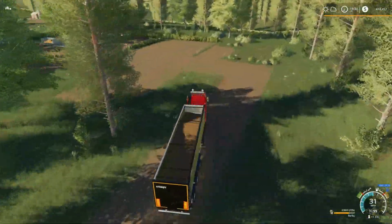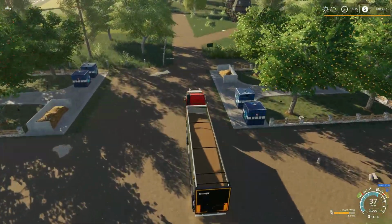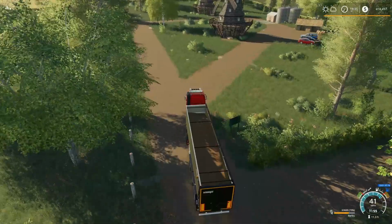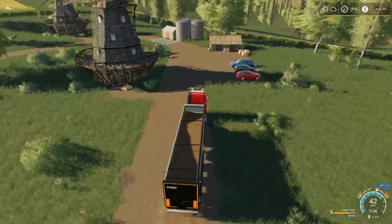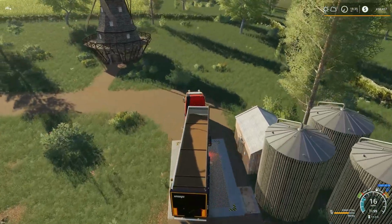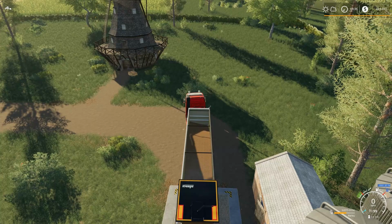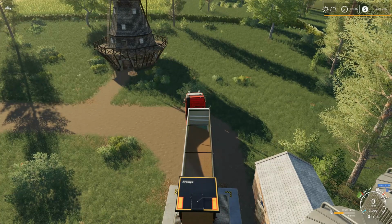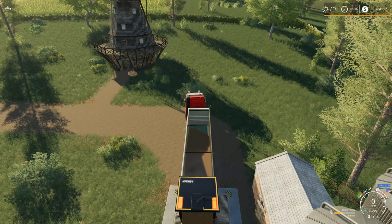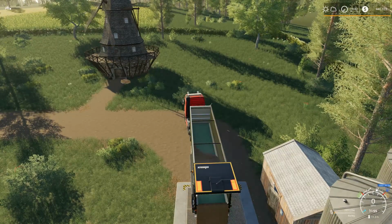Probably should do this up here a little bit better than what it is as well. Just make it look better. I'm actually thinking about putting some of these orchards down by the main farm out by the road. But we'll see how that goes, probably next week before we get to that. Because I really want to figure out how to lay out our parking area. I'm even thinking about...